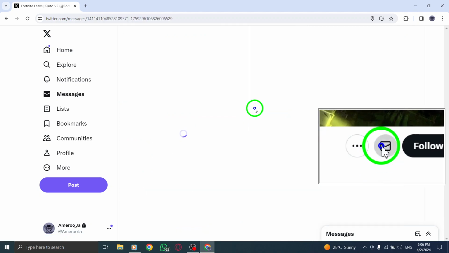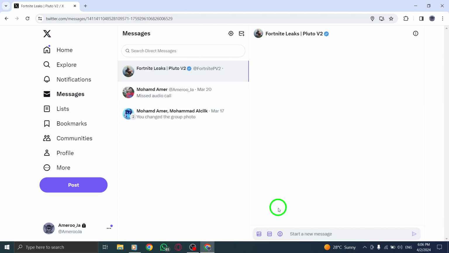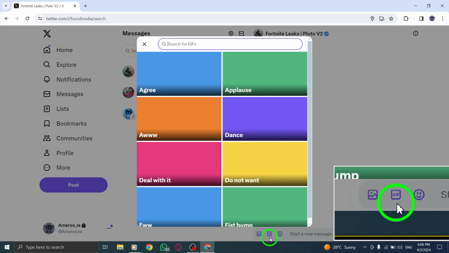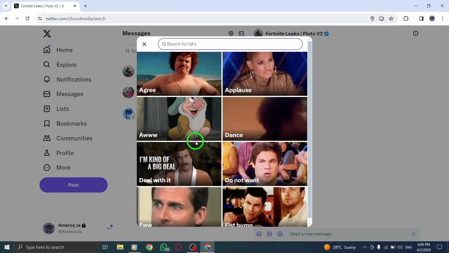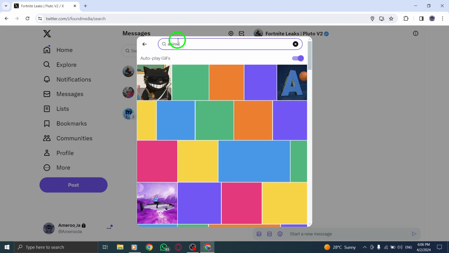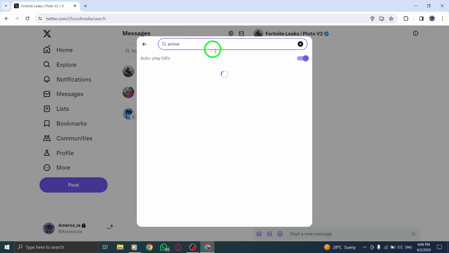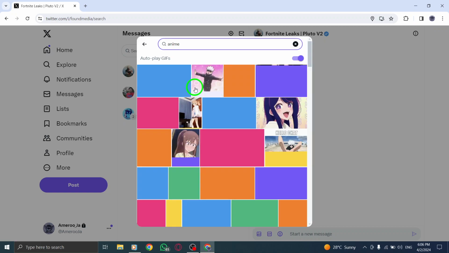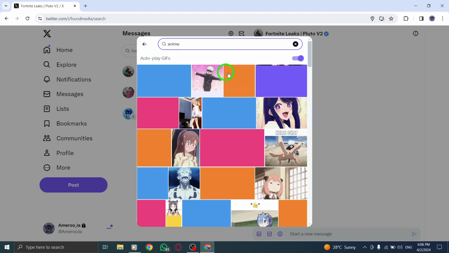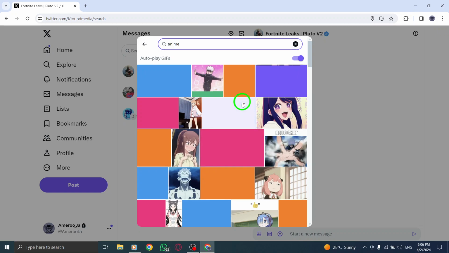Now, click on the GIF icon within the tweet composition box to select the GIF you want to include. After choosing the GIF, click on the Upload button to attach it to your tweet. Craft your message in the tweet box, expressing your thoughts or context to complement the GIF you've selected. Once you've finalized your message and ensured that the GIF is attached, click the Post button to share your tweet